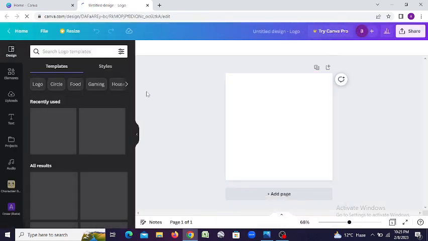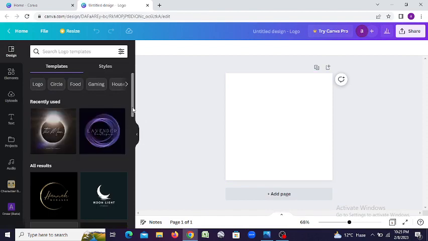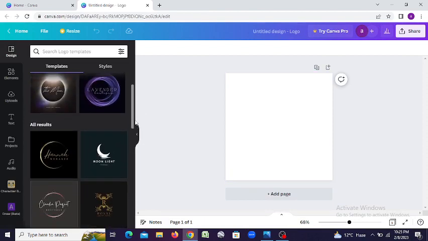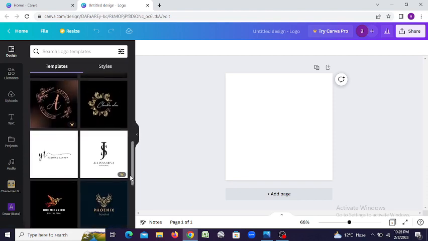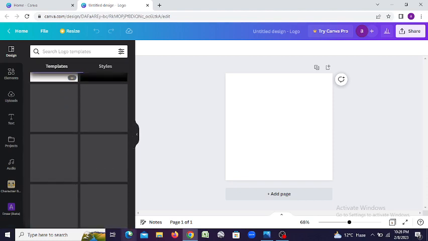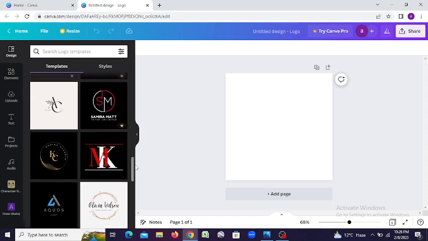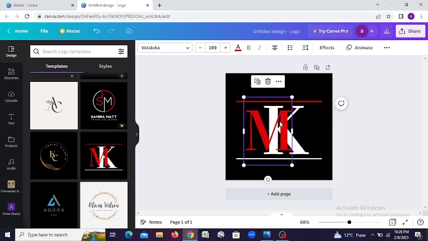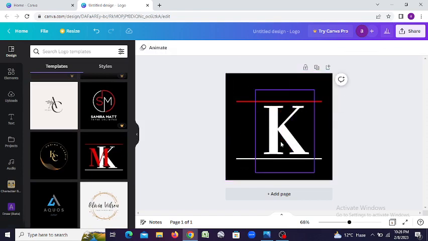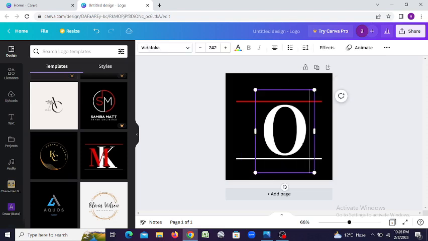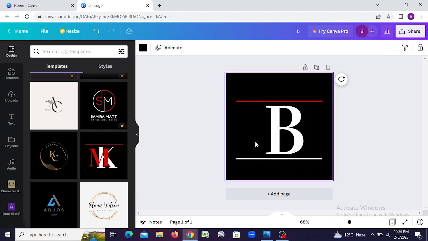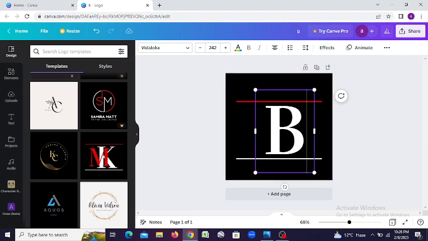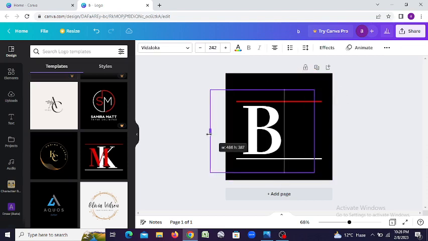Right. For example, if we want to make our logo for gems and jewelry, so we can choose any logo from the given templates. For example, this one. You can change it into your own logo. You can change this into only B, or you can also write